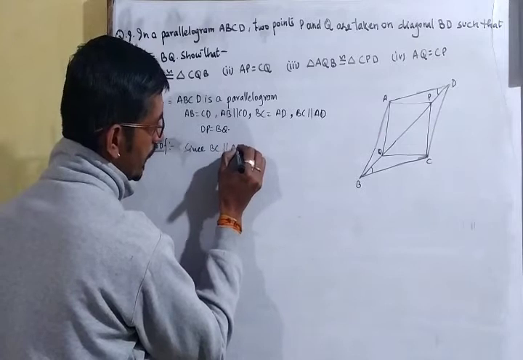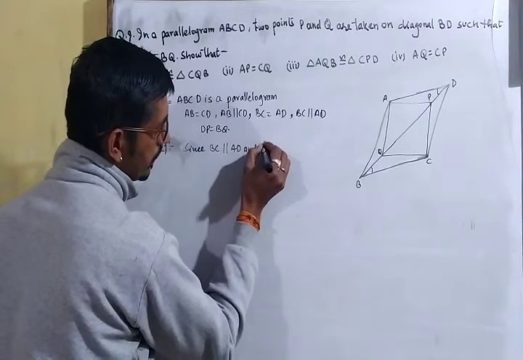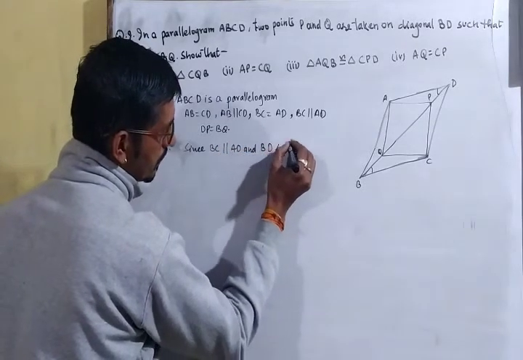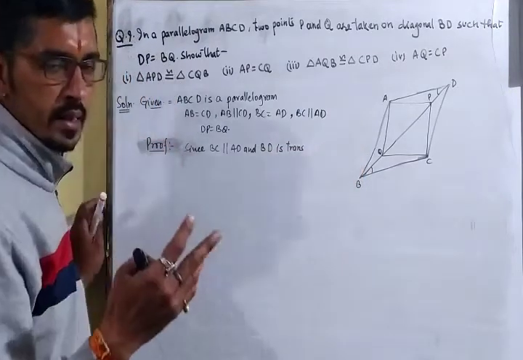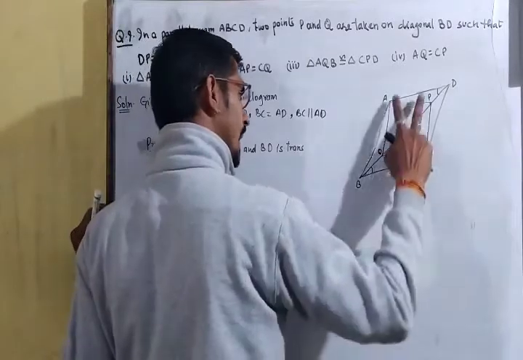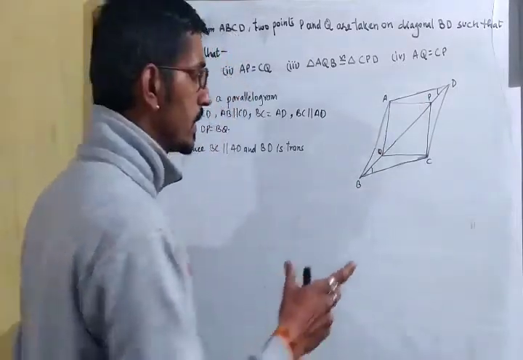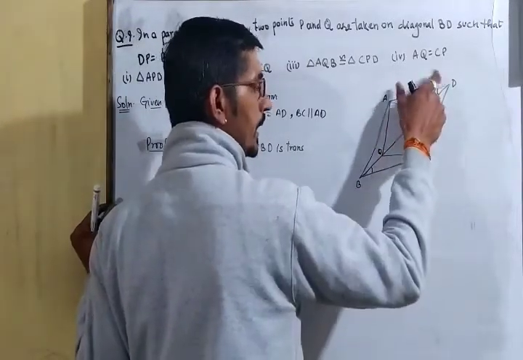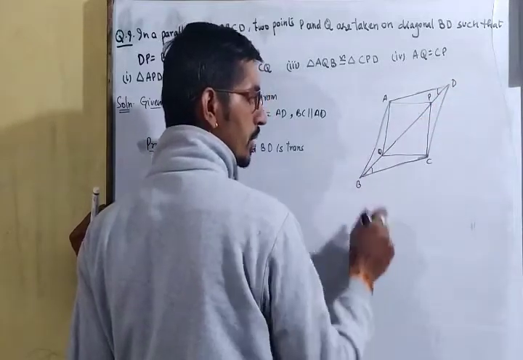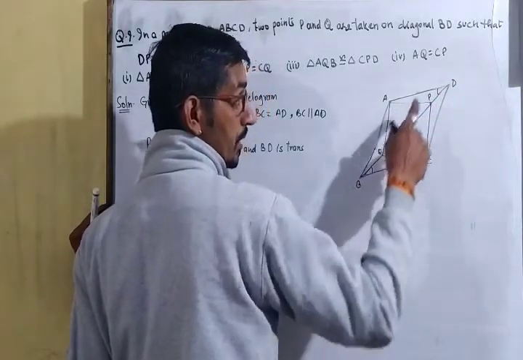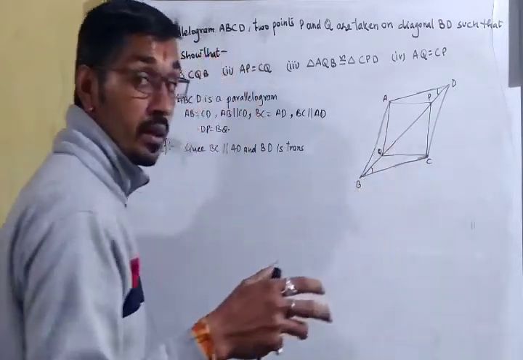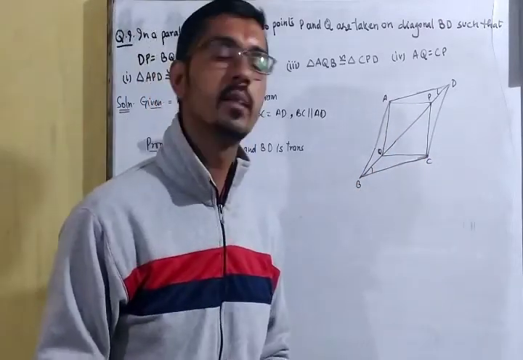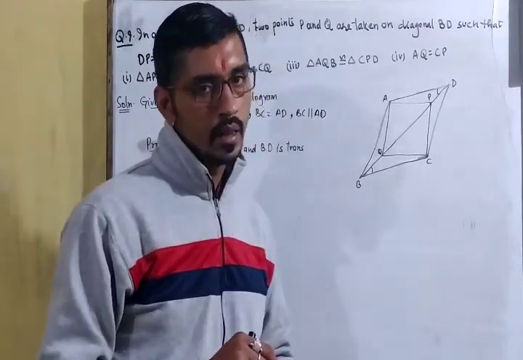BC is parallel to AD and BD is transversal. हमको इन दोनों साइड्स के बीच में एक एंगल चाहिए, और अदरवाइज ये साइड चाहिए. इन ट्राइंगल की तीन ही साइड्स है. BC साइड है AD के इक्वल है, DP CQ के इक्वल है, DP BQ के इक्वल है. CQ इक्वल नहीं दी गई है, हमने प्रूफ करना है कि द साइड CQ इज इक्वल टू AP प्रूफ करना